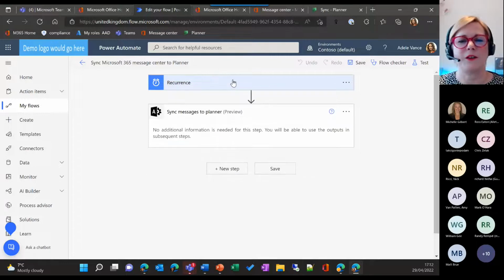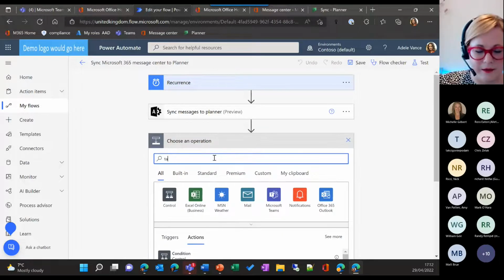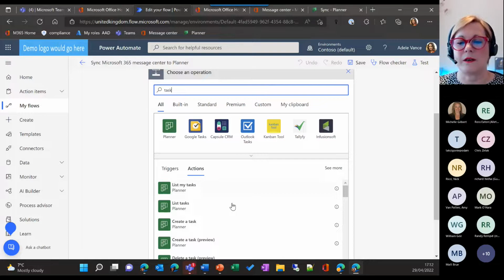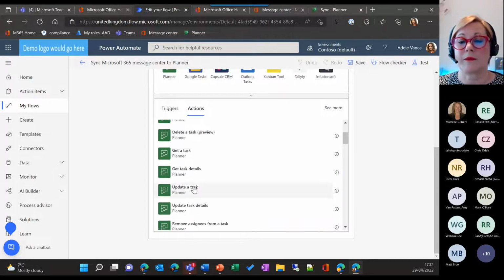So I first thought, great, there's a box, new step. I can build on this. Every time it's synced to the planner, I can go and do some other action. So I might want to say, well, it's gone to planner, now let's update that planner task. So if I go in and look at task and update a task,